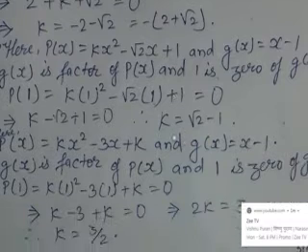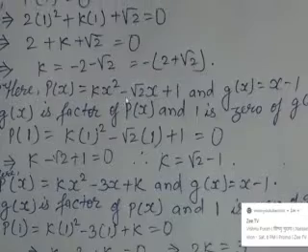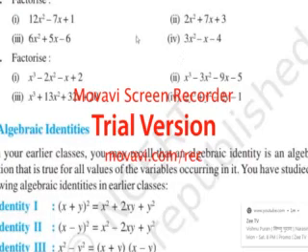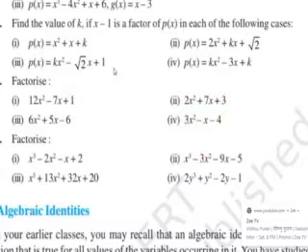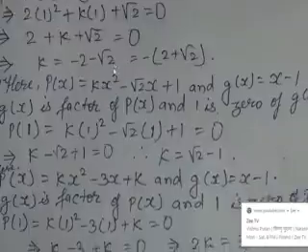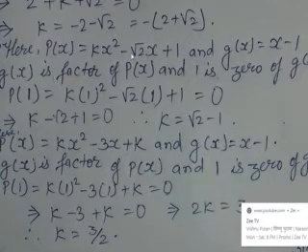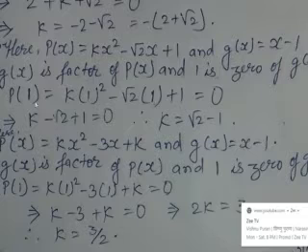Now if you see question number 3, in question number 3, p(x) is equal to kx square minus root 2 x plus 1. If you see over here, you will understand. Yes, number 3. So here also g(x) will be x minus 1 only, because everything is divided by x minus 1. You can see I had written what p(x) has been given. Now g(x) is a factor of p(x), so 1 is the zero of g(x). This will be the same for all, because the same divisor has been given in the heading of the question. So here also p(1) will become 0.